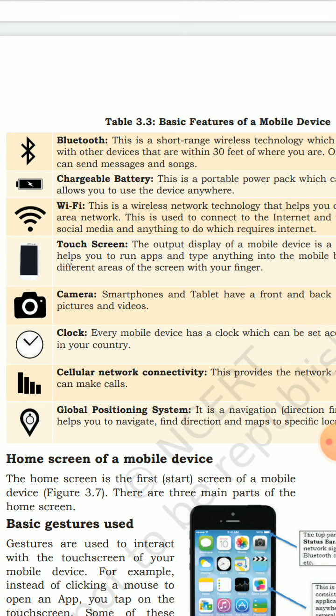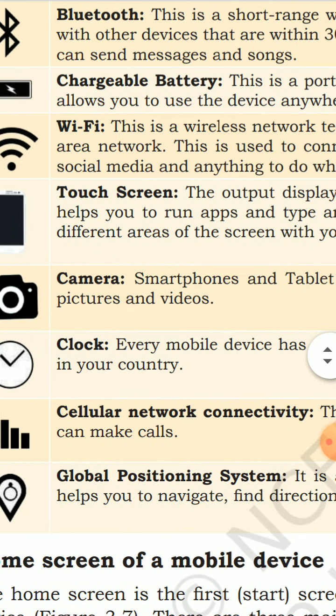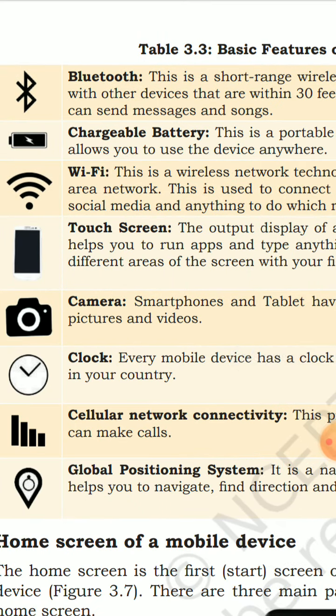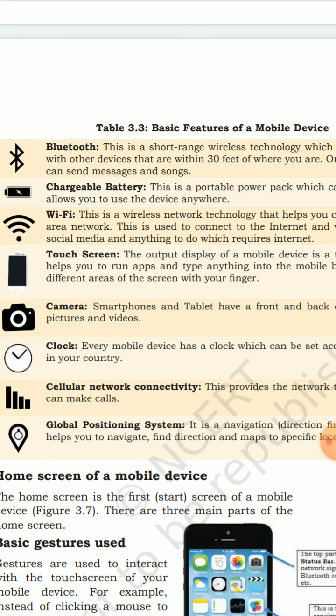Touch screen. As you can see, students, here is a black screen. So a touch screen is simply a screen. It has no output of its own, so whatever the output is, it will be represented by the application on the mobile. With the help of the touch screen, we can also give input to the mobile phone by touching it with our finger. Camera: smartphones and tablets have a front camera and a back camera to capture or record video. It depends on the mobile phone technology, which type of mobile phone we are using, and its resolution and quality.